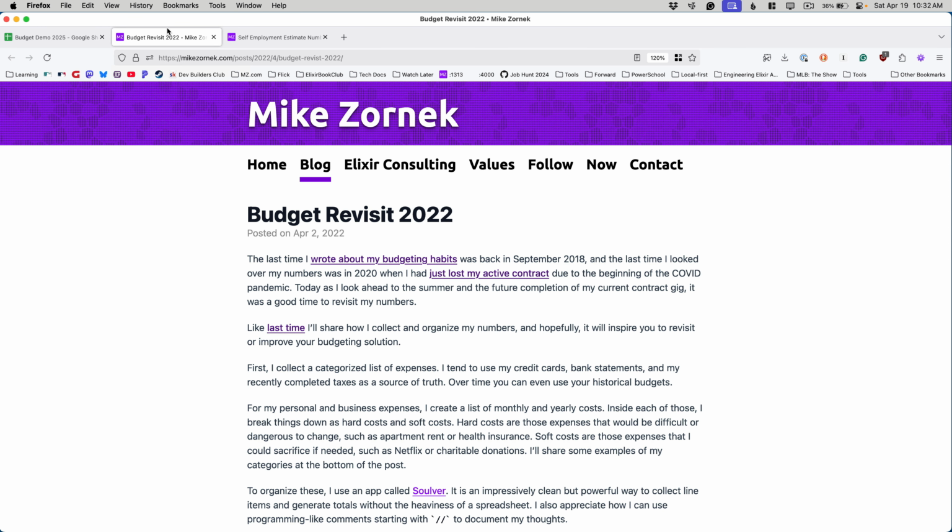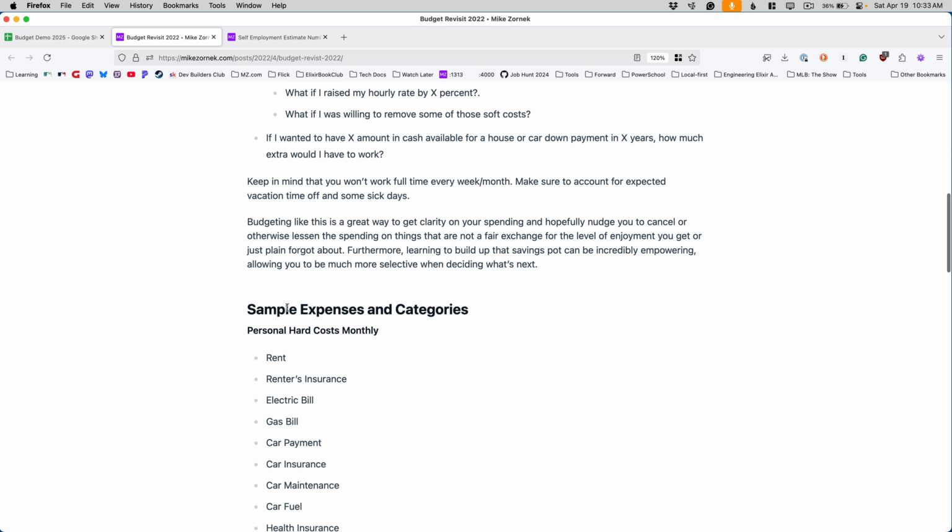I feel like doing budgeting is an empowering act. It helps make sure that you are aware of what you are spending, what you're bringing in, what you're working towards for your goals. And for me, I try to budget every 6 to 9 months or so. I've blogged a little bit in the past about how I do that and some of the things I consider. And yesterday was a great opportunity to revisit my budget,